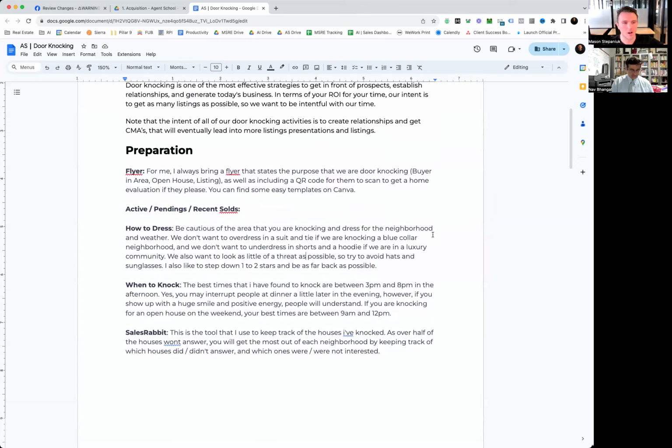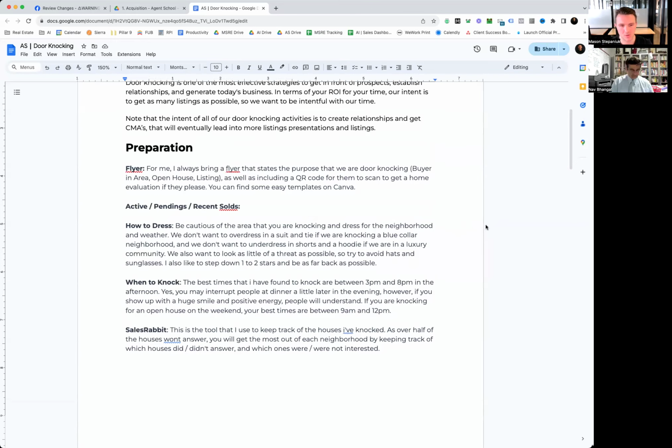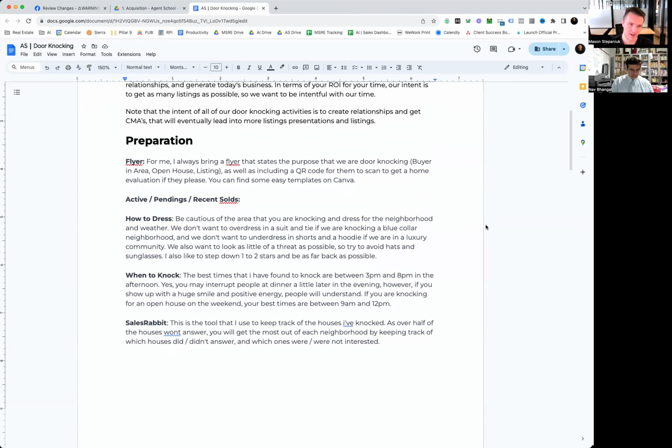If you're dealing with more white collar, upscale luxury people, you want to be dressing that part. And if you're dealing with more new family, move up family, blue collar type of people, you want to dress in alignment with that. Because again, everyone likes to do business with people that are most similar to them. So dressing again,